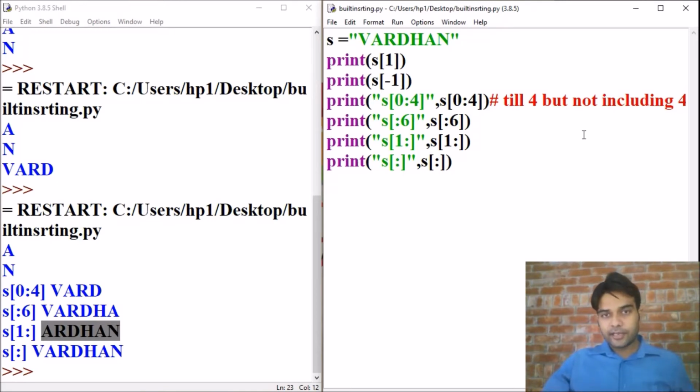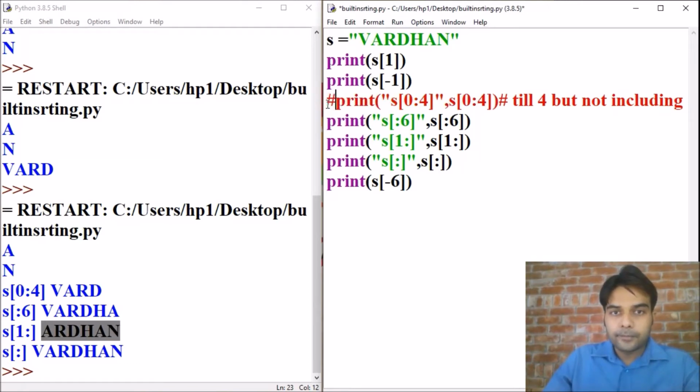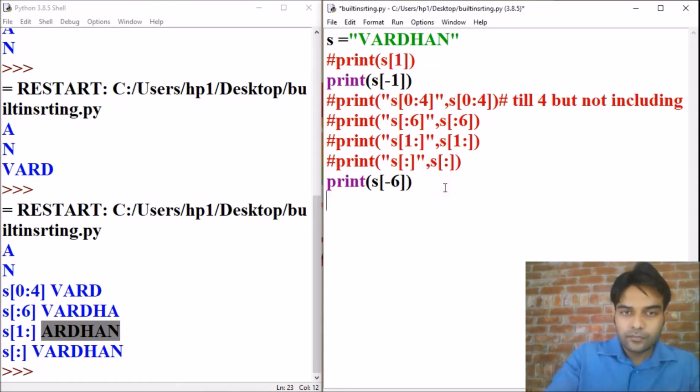Now let's work with negative index. S minus 6. Now make it a comment.